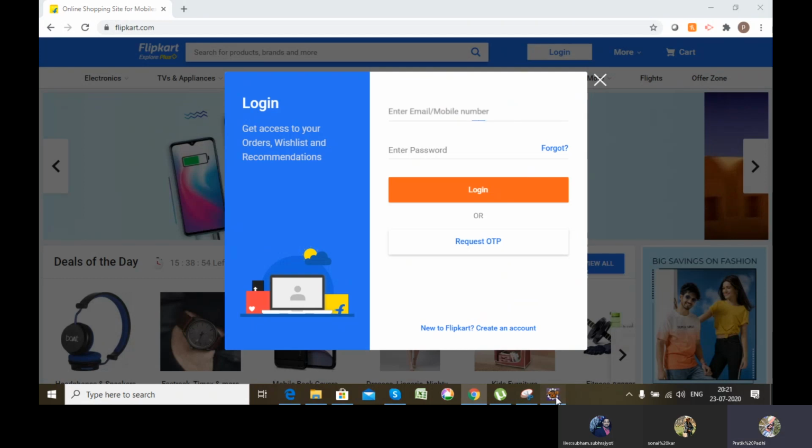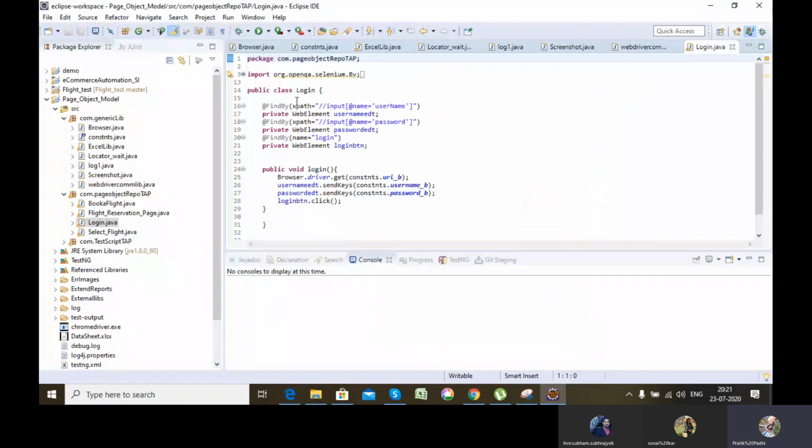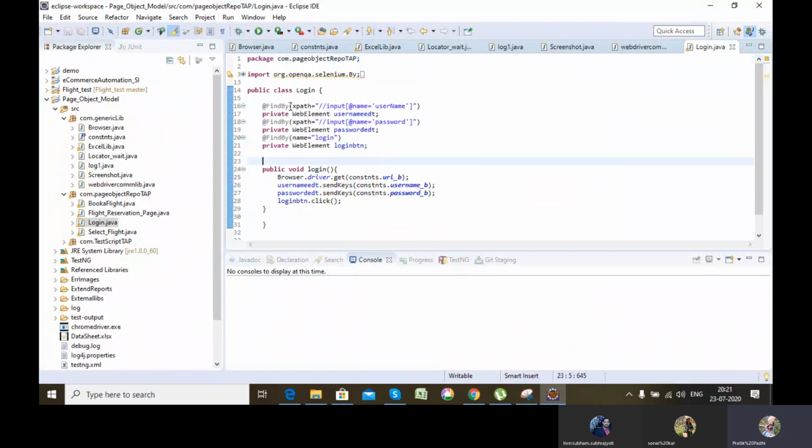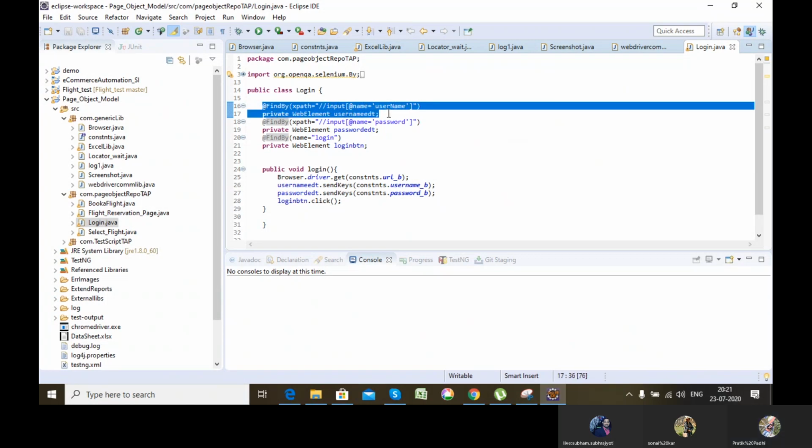Let's say I'm opening the page. So in page object model also, when you define a locator, you will define it by using @FindBy. These 2 lines of code will define my web element.